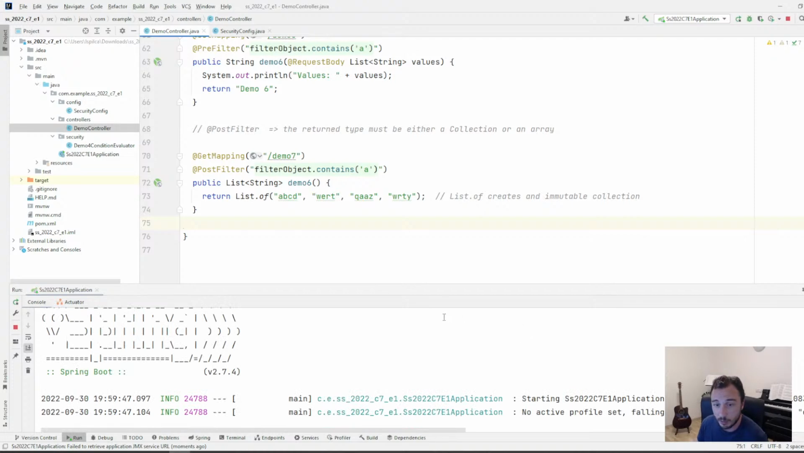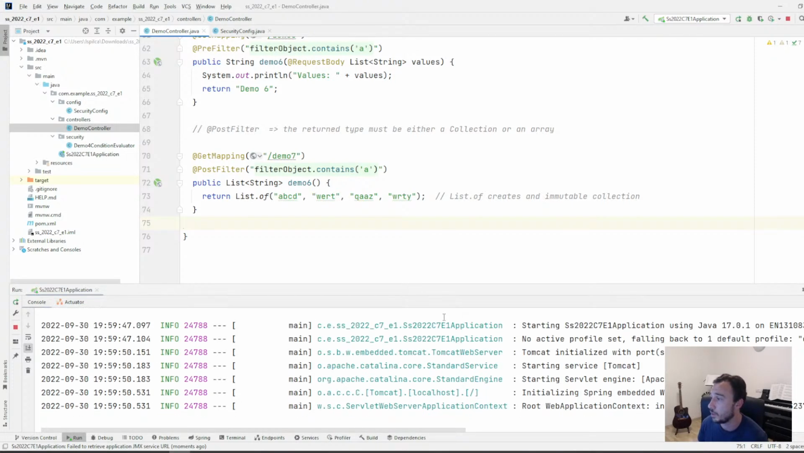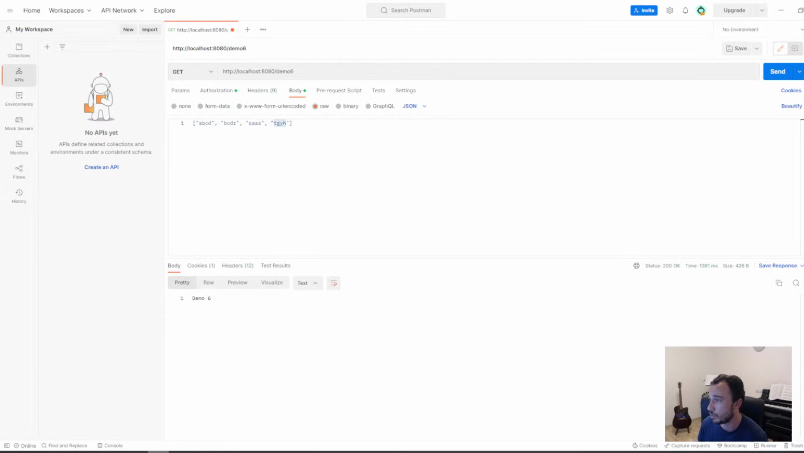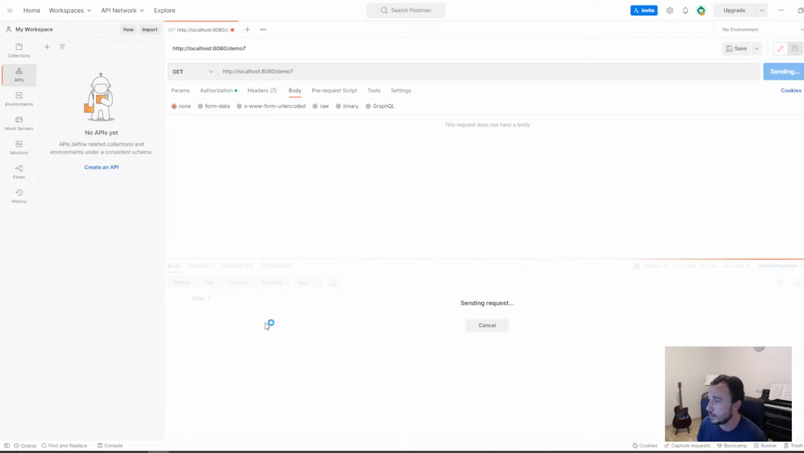We have to see how it works at the service level. We have to see that it works at the repository level. I have to prove the anti-pattern for you, and so on and so forth. So demo 7 would be the next one. I don't need a body for this one. I just send, and then I get